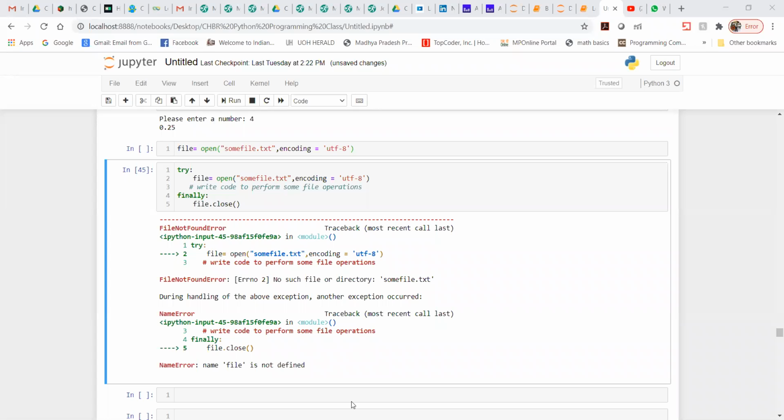Otherwise you will say, sir, you taught us something different from what we used to see. In my notebook, or maybe in your folder, I have multiple files. I just wanted to use some file for demo purposes, so I wanted to use a demo file, let's say.